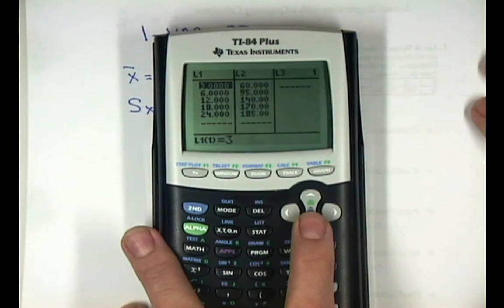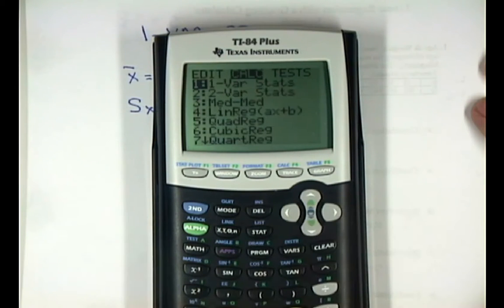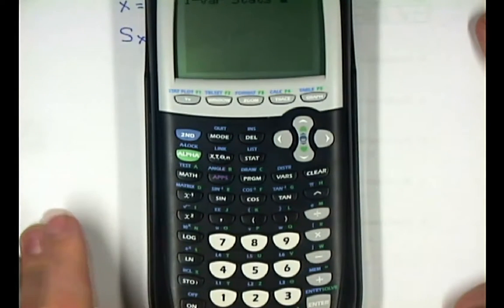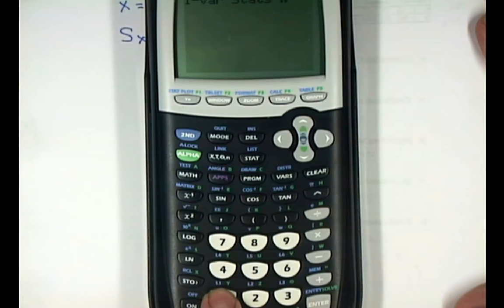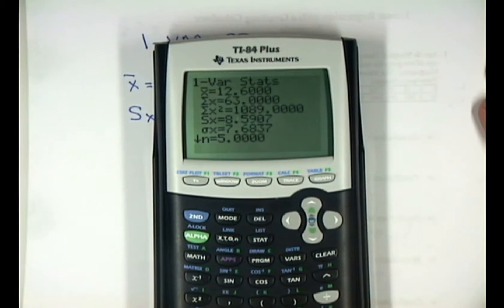data. If you're going to just do one variable, it's usually standard practice to enter data into list 1. And I've already entered a few data points, okay? Once you've entered your data, you go to Stat, over to Calc, and hit 1-Var Stats, which is number 1. If you press Enter, it will default to list 1, or you can tell it physically list 1 by pressing your second key and your number 1 key. See, it says L1 in blue. So either way,